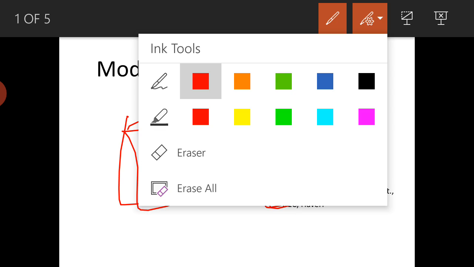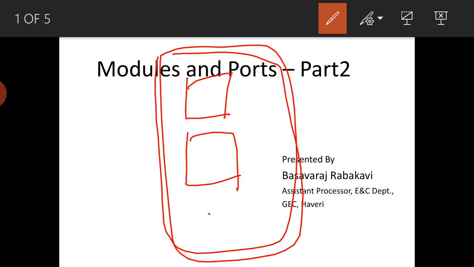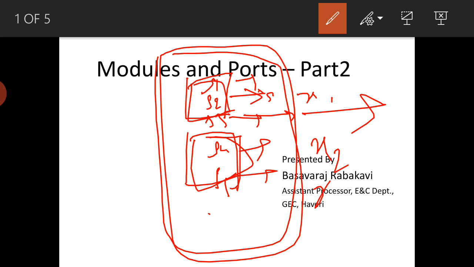In one more sense, if you take two modules here, these signals are connected to the output module. Inside it is S1, S2, S3 and S4, S5, but outside, suppose I want to send this signal outside, the name can be X1, X2 and X3, while inside it will be S1, S2.